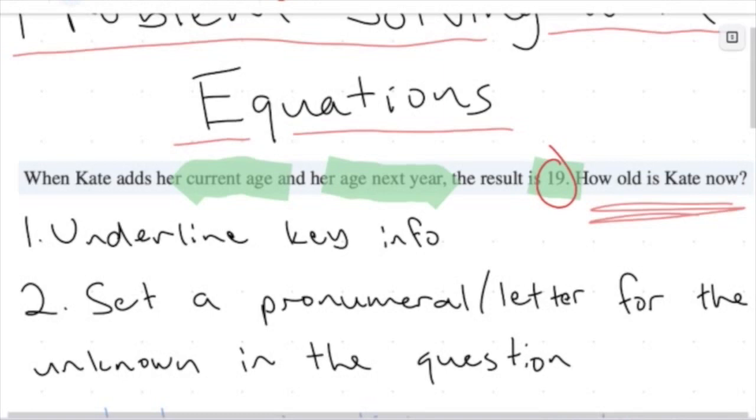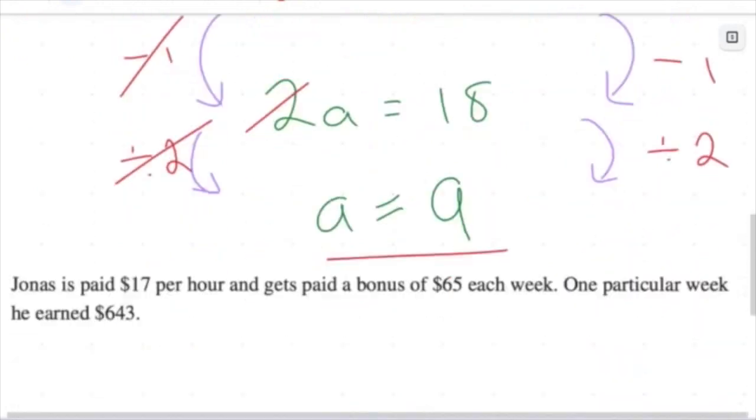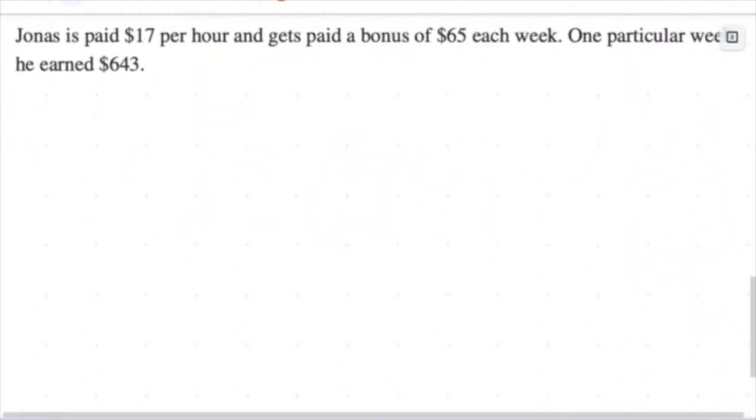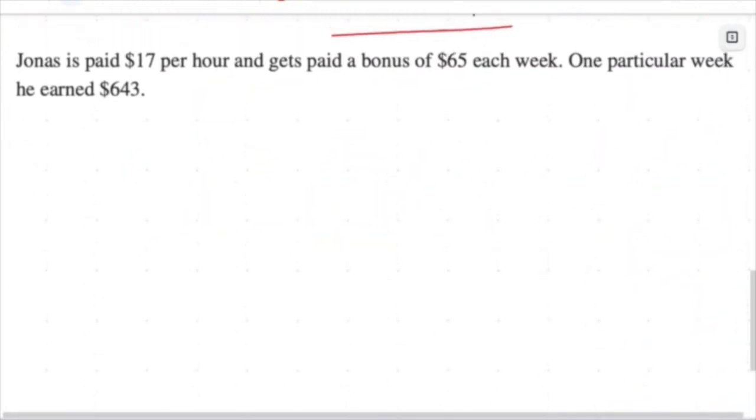And you'd probably especially want to do this for worded problems because there's a lot of information, a lot can go wrong. So I would always recommend trying to substitute back into the equation. But let's try one more here. So we're given that Jonas is paid $17 per hour and gets paid a bonus of $65 each week. And one particular week, he earned